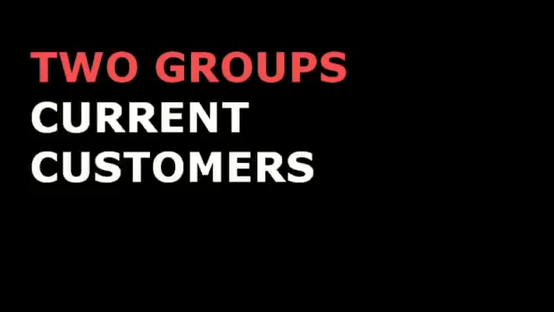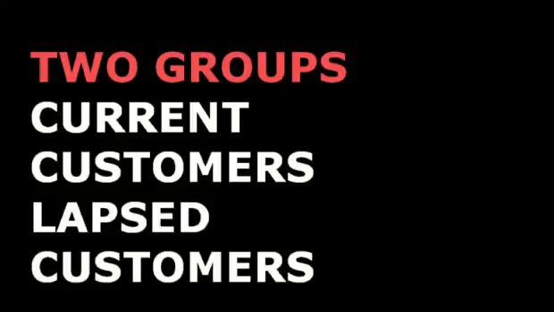The first group is current customers. These are people that you're working with right now, but whose contract is up for renewal in the next few months. The second group is lapsed customers, people that you've worked with in the past, but who you aren't working with today. Let's start with the current customers whose contracts are going to be up for renewal in the next